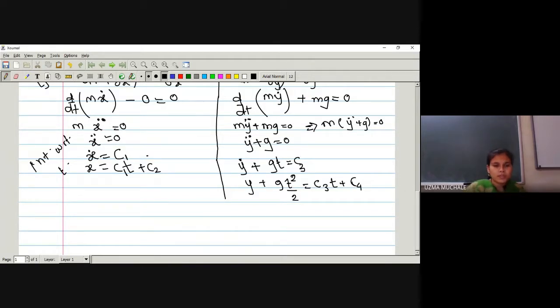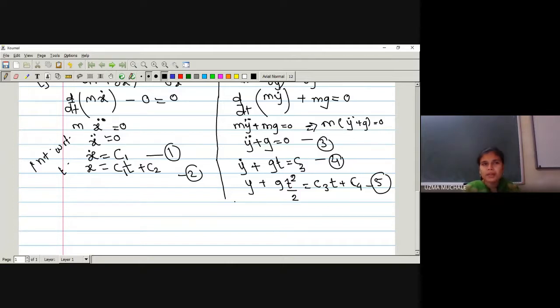So how many equations do we have? This is our first equation, this is the second equation, this is our third. Actually we are not going to use the third, fourth and fifth. So in total we can consider 1, 2, 4, 5. How many constants do we have? C1, C2, C3, C4, total 4 constants. And how many equations? 4 equations, 4 unknowns. We can solve this type of equation, right?